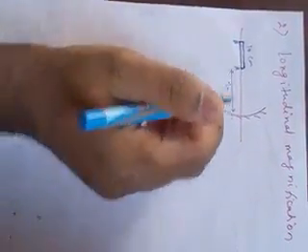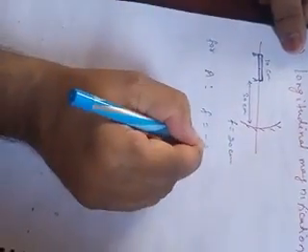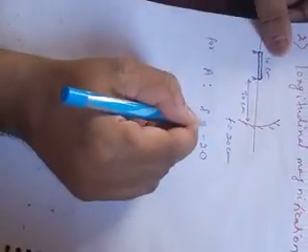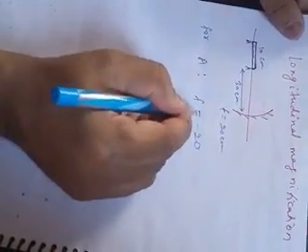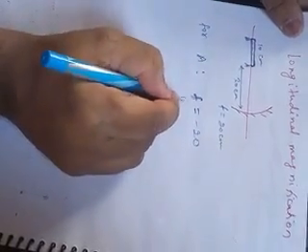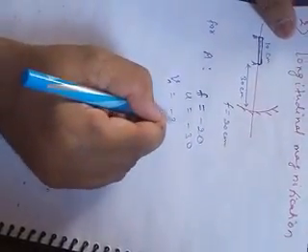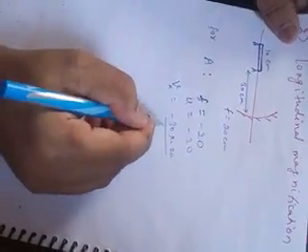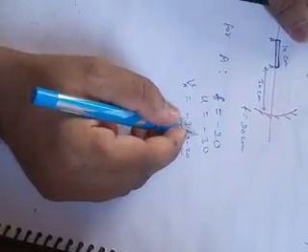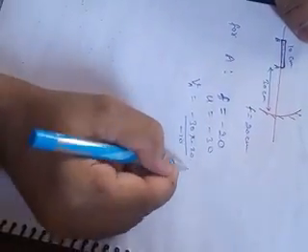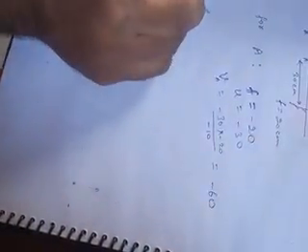So let us find the image of A. For point A, F equal to minus 20. I think by now you should be able to understand how we are applying the sign convention in focal length and other terms. So F equal to minus 20 and U equal to minus 30. So VA equal to UF by U minus F. U minus F means minus 30 minus of minus 20, so plus 20. Minus 30 plus 20 will be minus 10. So how much does it become? Minus 60. Okay, that is VA.